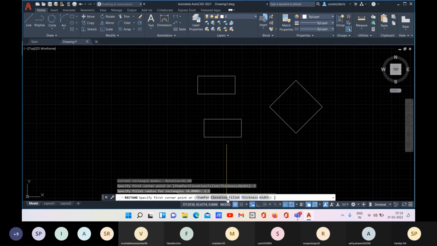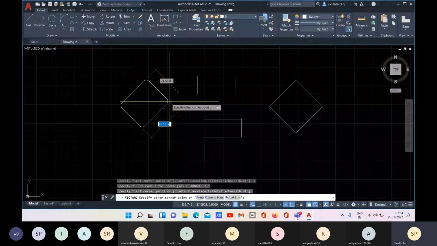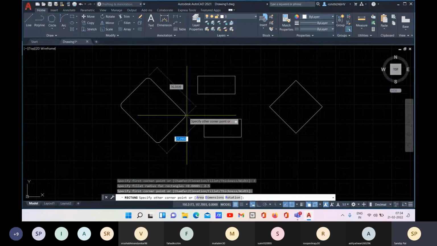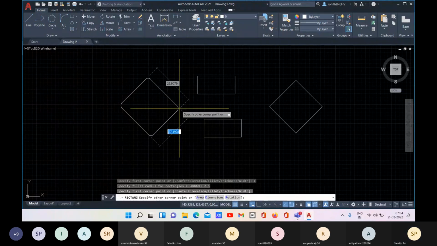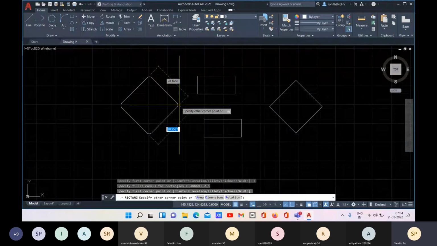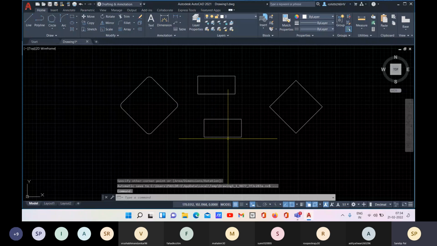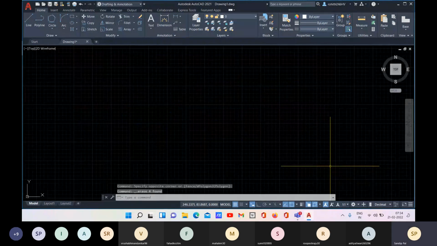and then I will specify the first corner point and then the second corner point. As you can see, here I have already mentioned the rotation, accordingly it is created, and also mentioned the fillet, and as per the next corner point my rectangle will be created, right? So this is how we create with all these options. Fine, so now you understood.